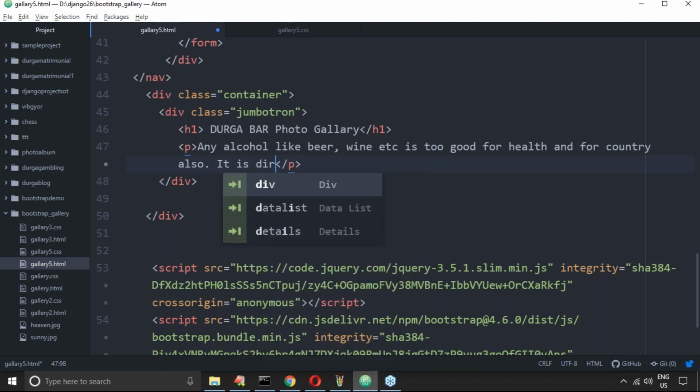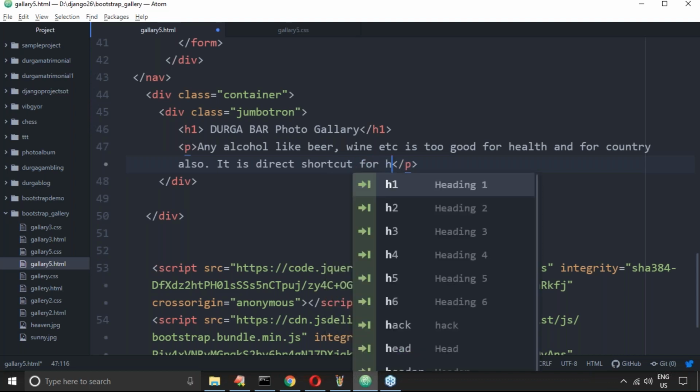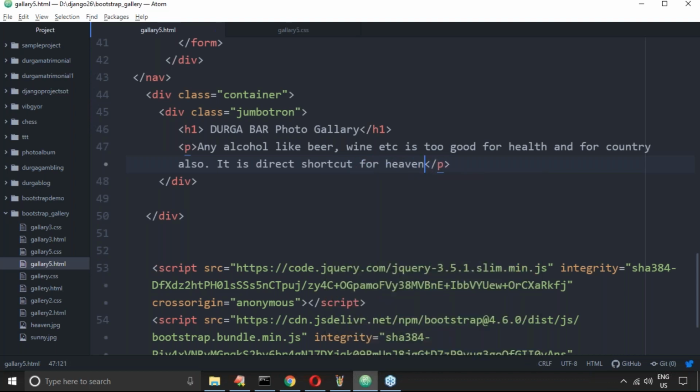It is a direct shortcut for heaven. Okay, like I'm trying to take. Yeah, wonderful.